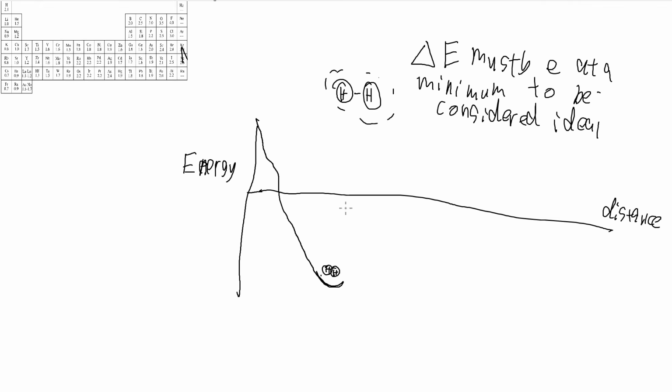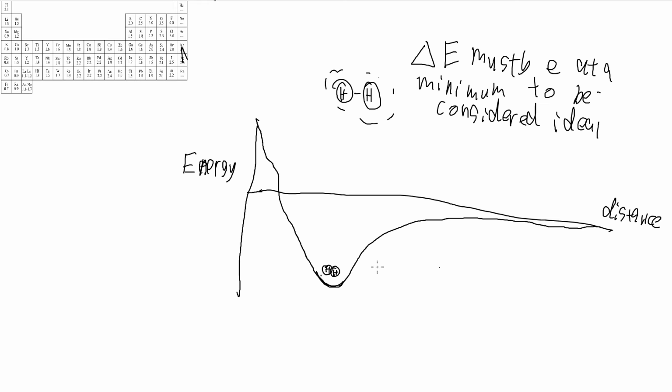Now, if we pull it away, it's a little bit different, right? Because this is an ideal length. If we pull it away, then our squared factor in Coulomb's law becomes bigger and bigger and bigger. And if you remember, this is inversely proportional. Okay, this is inversely proportional to the radius, and so as the radius gets bigger, the attraction gets smaller. And so what will happen is it approaches the x-axis and it doesn't actually cross it, sort of like an